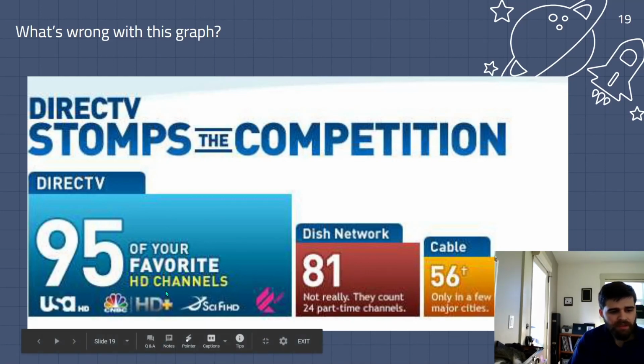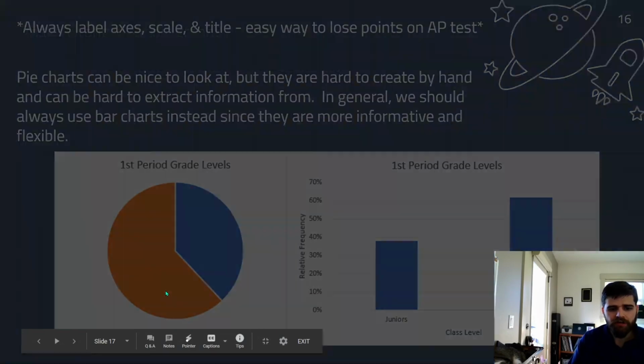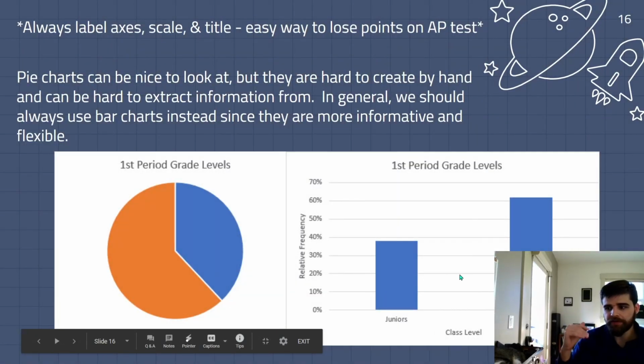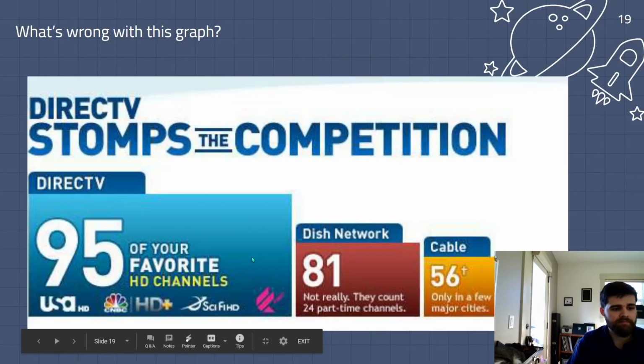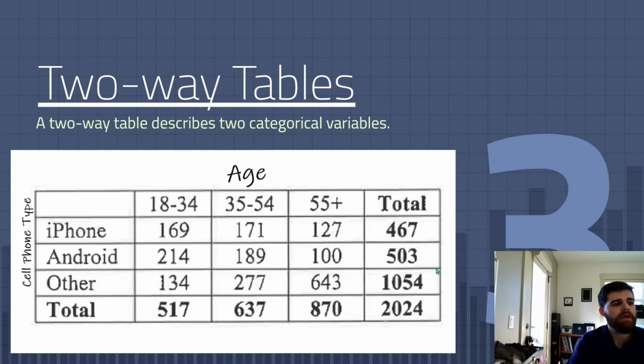So you want to make sure when you're making a bar chart, all of your bars are the same width. You're only comparing different heights, okay? Not comparing multiple dimensions. Okay,